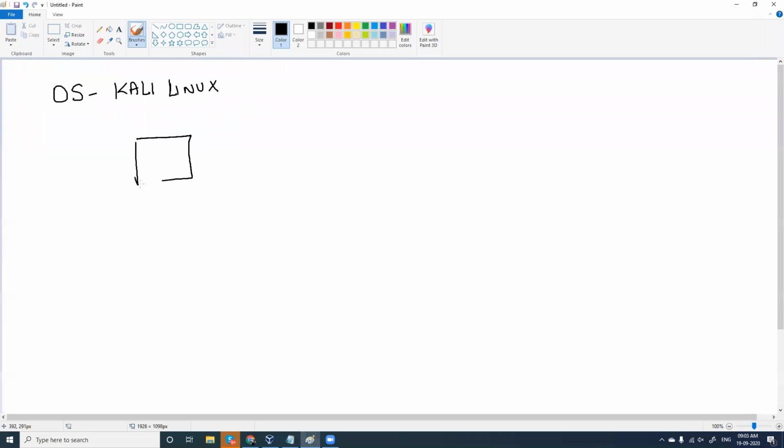Yes, you guys have your laptop or your desktop in which you have Windows 10. So Windows 10 is configured in your laptop or desktop, right?